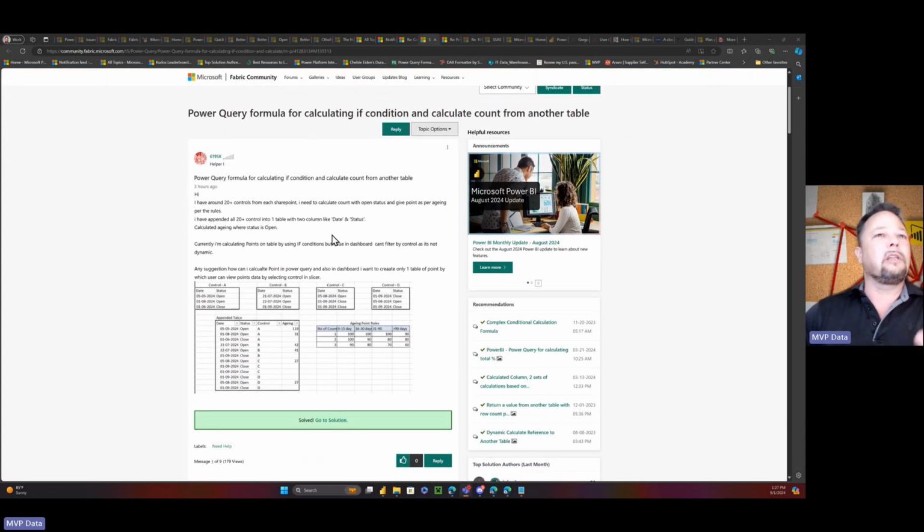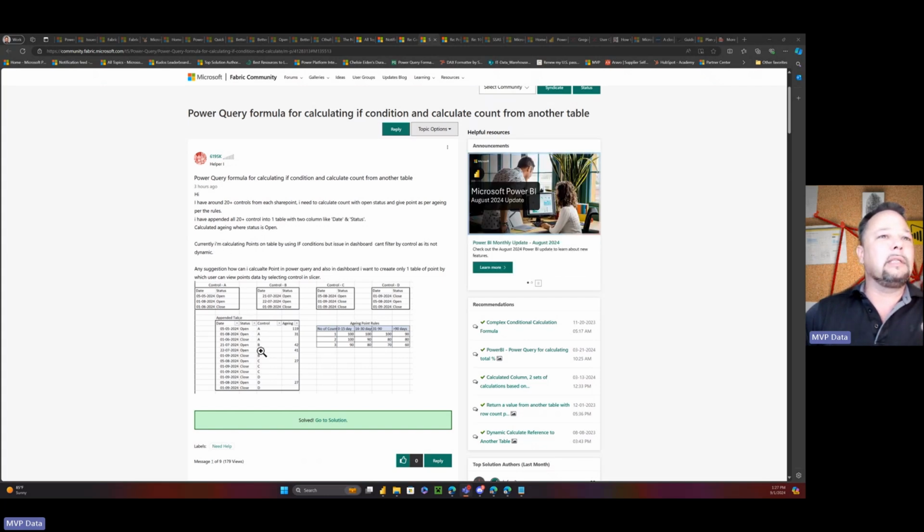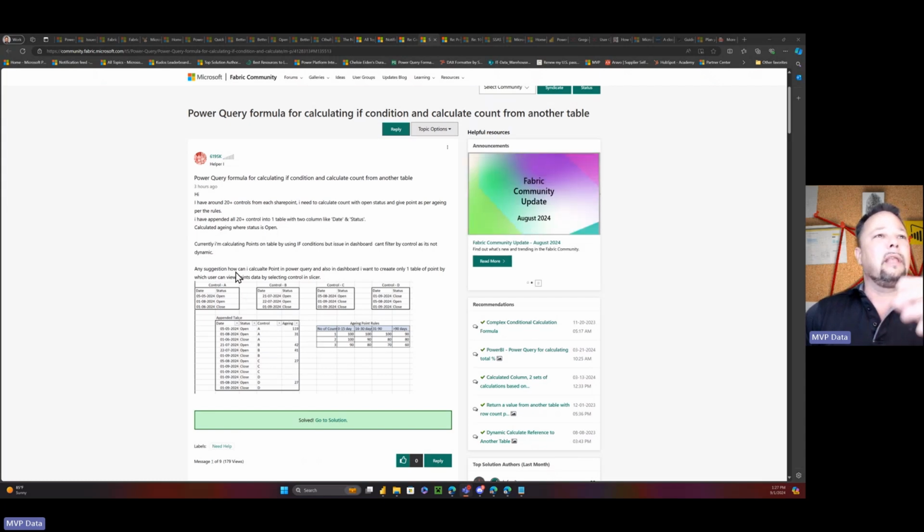which I didn't understand initially, right? So basically, they got 20 controls coming from SharePoint. They append them together. They have a status of open. They calculate this aging category, which I guess is in days, essentially. And then they got this kind of, they sort of,